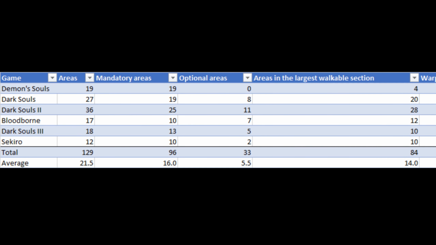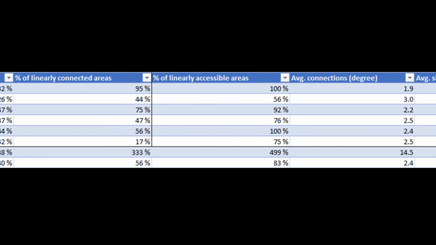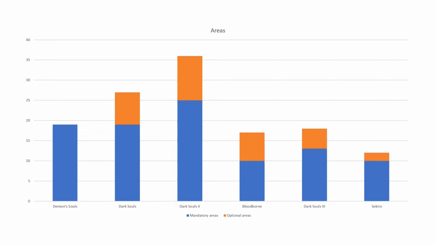To have more concrete data to analyze and compare the worlds, I counted and calculated various statistics for each one. We'll start with the most unexciting chart that shows the number of areas in each game. The games are shown in release order in each chart to spot possible trends. The takeaway here is that DS1 and 2 have many smaller areas, while the later games have a small number